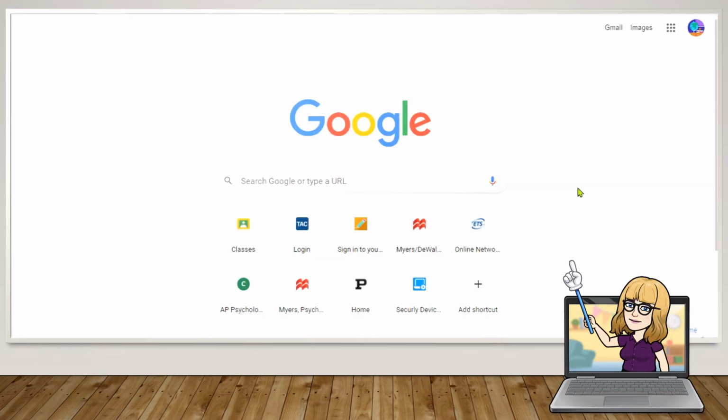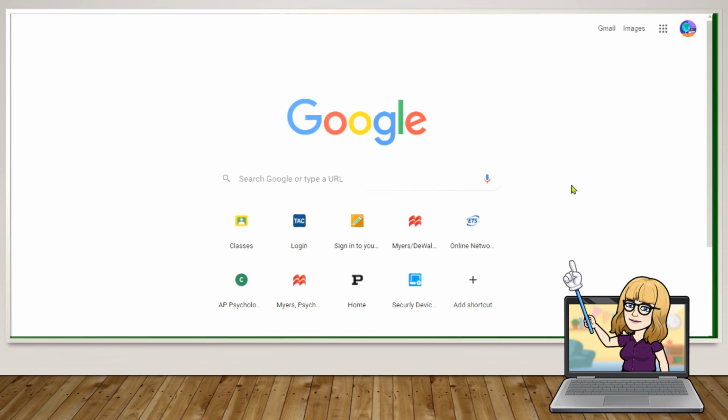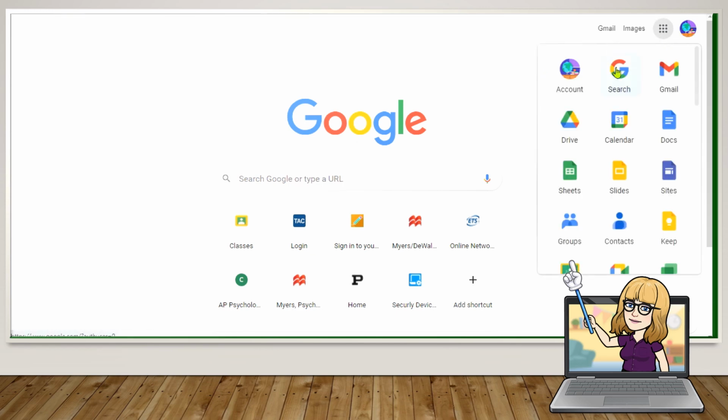To get started, let's take a look at my computer screen here in front of you. So what we'll do is make sure that you're in Chrome and that you're logged into your school account. Once you go to your own drive,